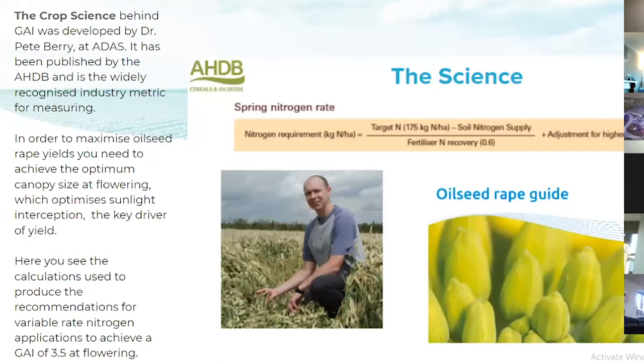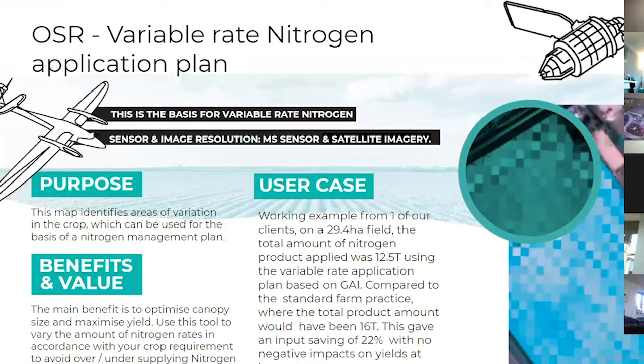I will take you through how we generate this, but once we understand the starting point of the variation in the GAI across the field, we can then generate an action plan that will allow you to precision apply your nitrogen or fertilizer. And 3.5. Also,